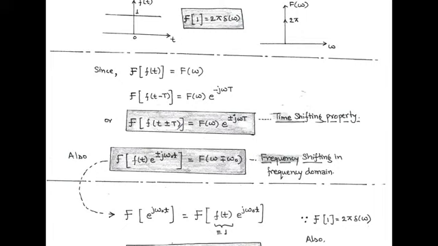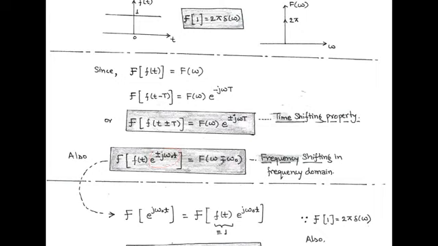So according to the time shifting property of the Fourier transform, if there is a shifting of plus minus capital T, in this case there is a multiplication of exponential e to the power plus minus j omega T with F(omega). Next is frequency shifting. If there is a shifting in frequency domain, that is F(omega minus plus omega naught), in this case there must be a multiplication of exponential in time domain with opposite sign.